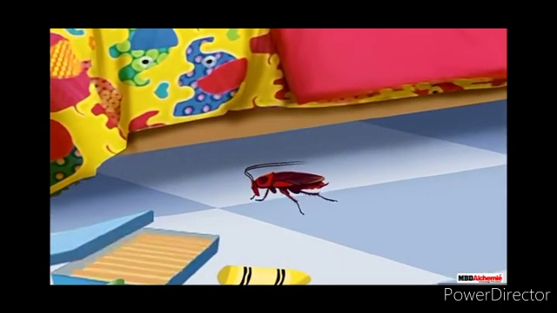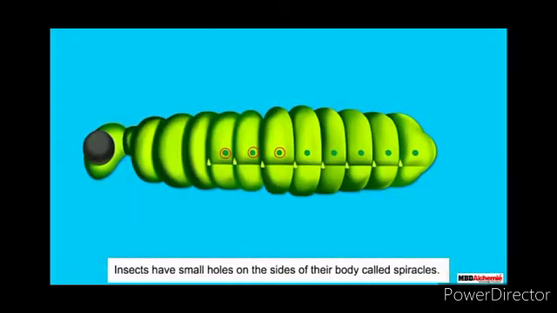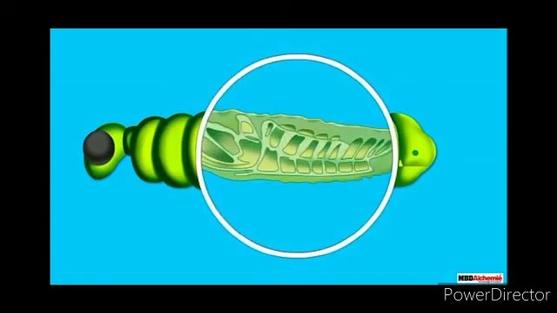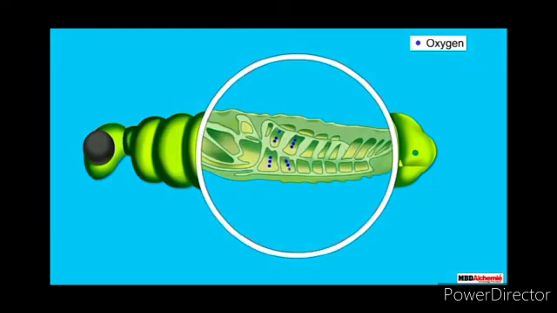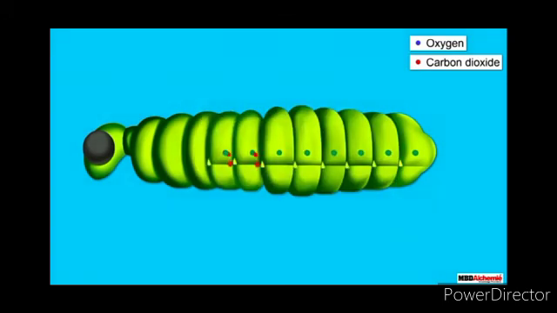Next, let us learn about breathing organs of insects. Insects have small holes on the sides of their body called spiracles. These spiracles are connected to a network of air tubes that reach all the parts of their body. Air enters inside an insect's body through the spiracles and reaches all parts of the body with the help of this network. Different body parts take in this oxygen and release carbon dioxide that moves out of the body